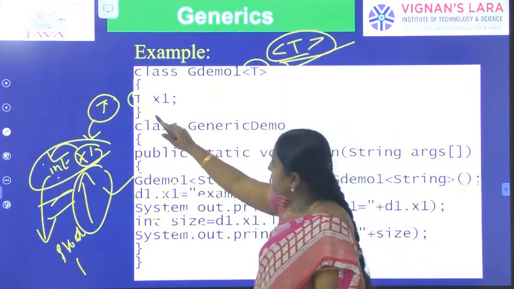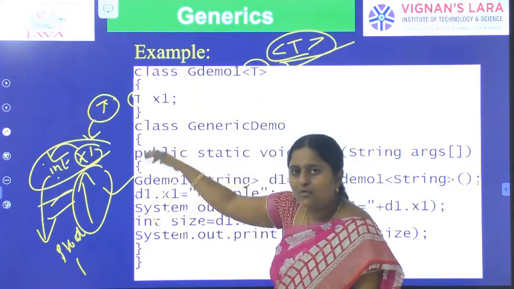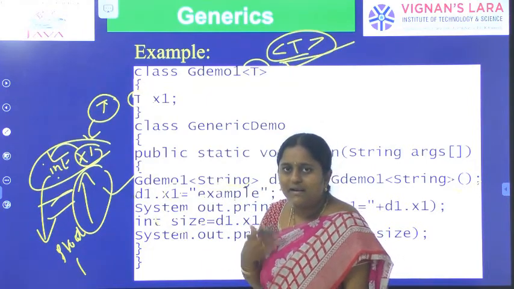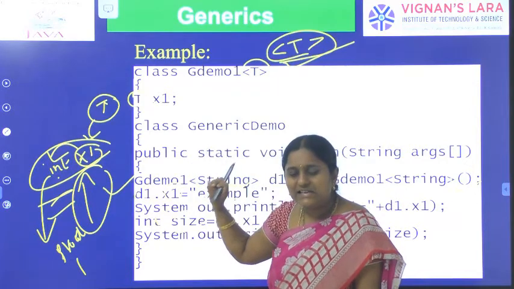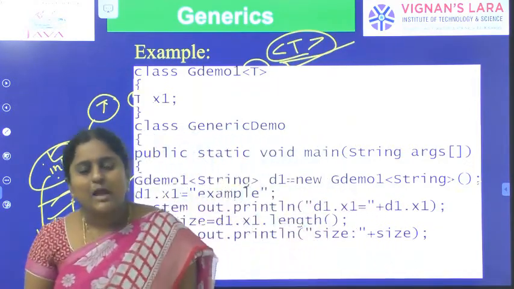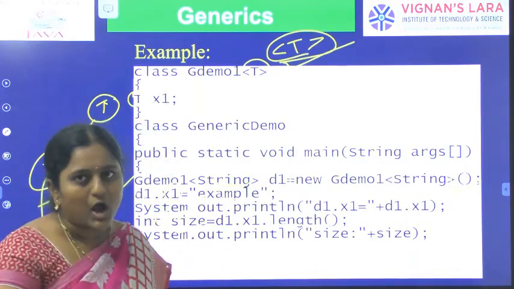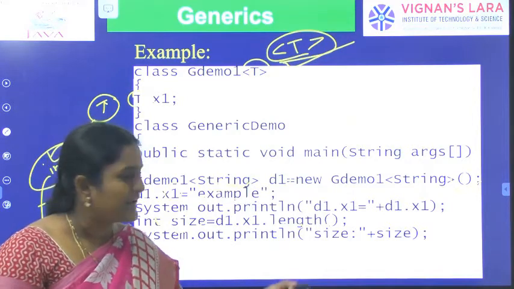So here, at compile time, with the help of T, instead of T we can specify any other data type like string, integer, float, double, or any other data type. It is a generic. Generic is an element whose data type would be mentioned by the user at the time of creating an object of the class. Next, I will explain that a class can have multiple generics. I will explain the statements with the help of an example.